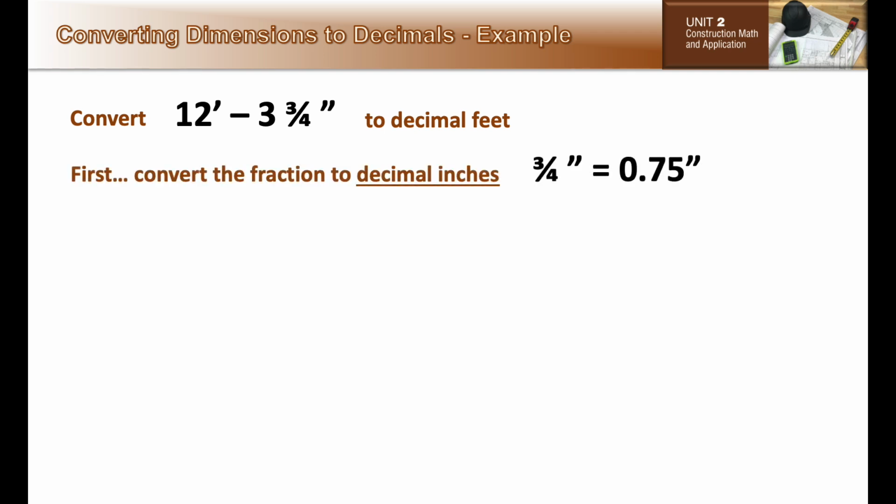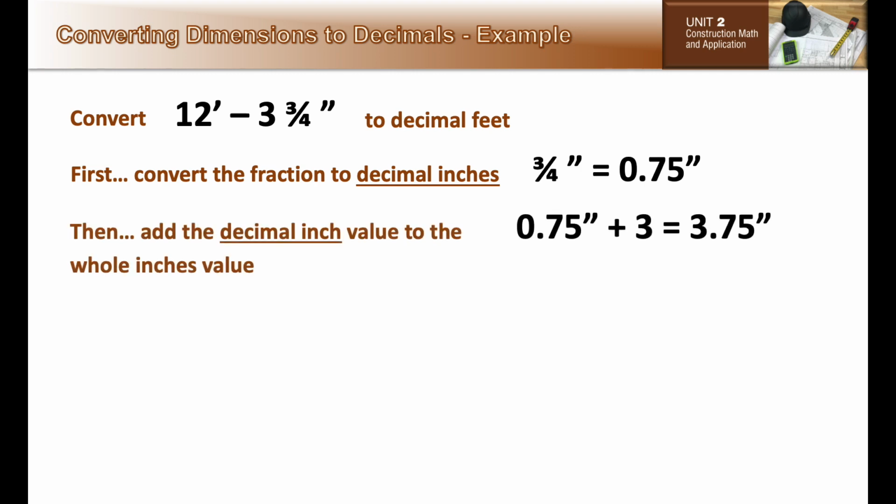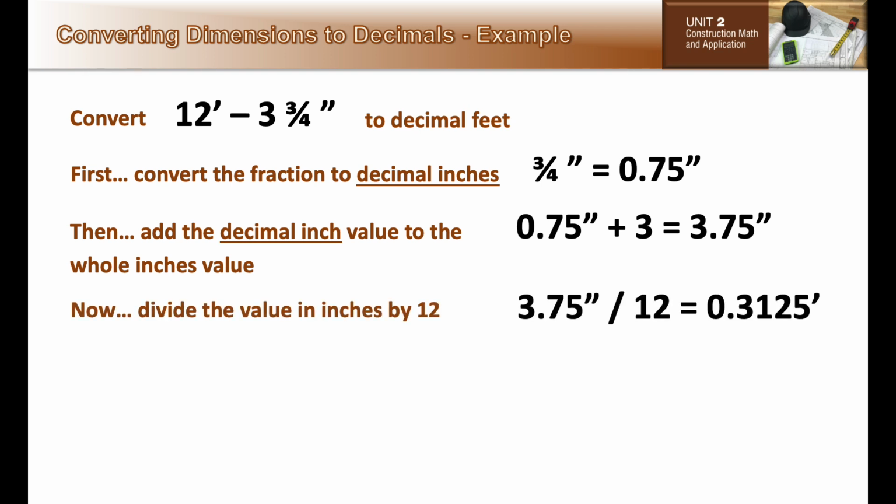First, convert the fractional inch value to decimal inches. 3/4 of an inch equals 0.75 inches. Then add the value in decimal inches to the value in whole inches. 3 inches plus 0.75 equals 3.75 inches. Next, divide the value in inches by 12 to convert to decimal feet. 3.75 divided by 12 equals